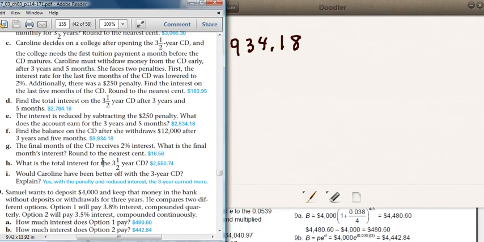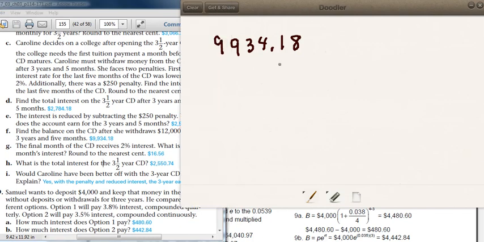Okay, part G says the final month of the CD receives 2% interest. What is the final month's interest? Round to the nearest cent. Well, remember, in the final month, we only have $9,934.18 in our account. Caroline does. So now we need to find interest for 1 month at 2% interest. How much interest will she earn? Let's go to the formula. It's going to be $9,934.18 times 1 plus 2%,